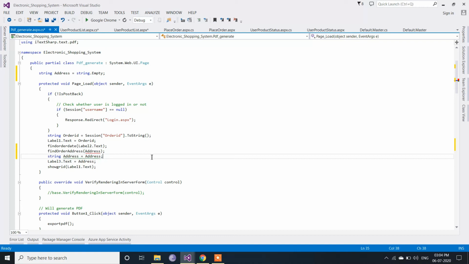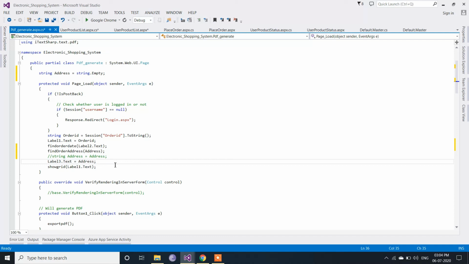Okay, it's already the same name here, that's why it's showing an error. So we are assigning it here, right? So we don't want this, so just remove this or comment it. Now the value assigned to address we are going to assign to the label 3. Okay,